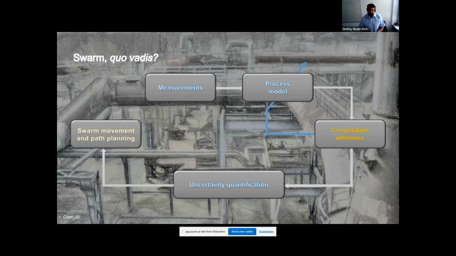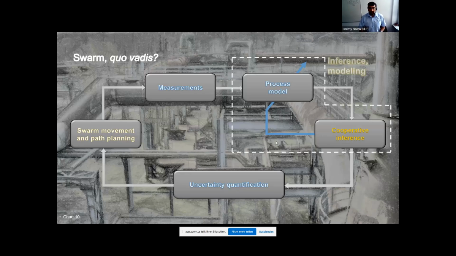But this uncertainty quantification is the main input into what we call a swarm movement or swarm path planning algorithm, which decides where we need to collect new data, where we have to fly, so that we collect new measurements which improve our understanding of the process and give us a better understanding of the parameters, from which we derive new uncertainty quantification, find new locations, collect new measurements, and this is how we proceed. So this is effectively our key methodology. This is how all the methods that we develop operate on a very abstract level.